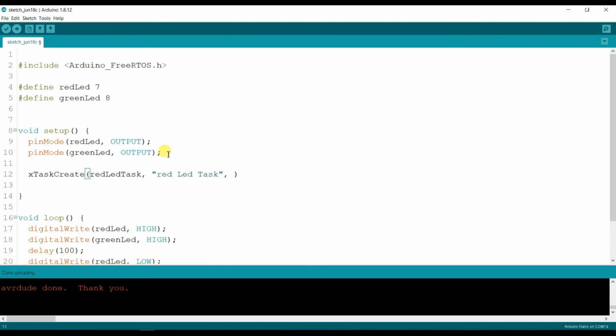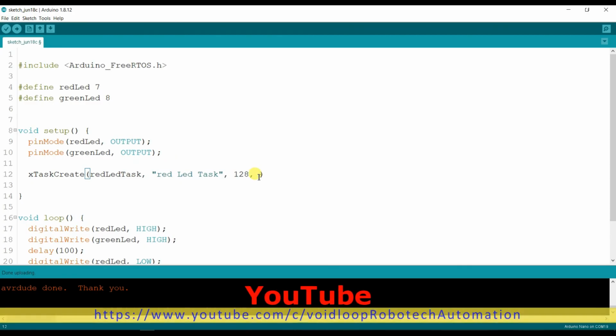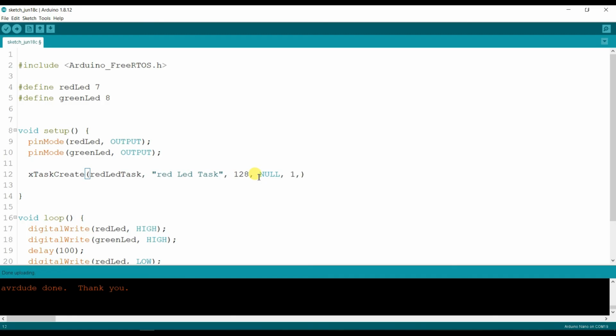Then I will pass the stack depth parameter, which is 128. I will explain that later. Here I have to pass a parameter, so here it is NULL. Then the priority of the task, it's 1, and again I will pass NULL.